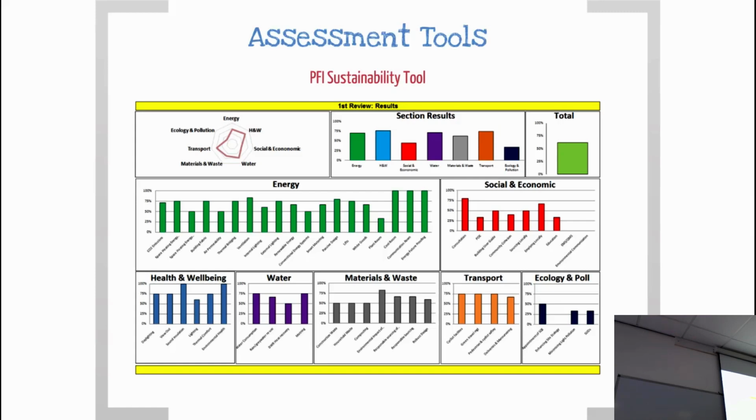And there wasn't any tools out there at the time that helped us to evaluate that, so we built one, which looked at energy and socioeconomic data, health and well-being, materials, and it was a way of putting through various different construction developers' plans to come out with an answer as to how sustainable we thought they might be, and then give them feedback on that. So these bespoke tools exist.